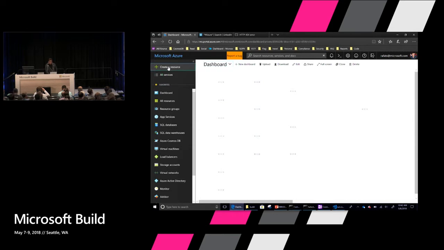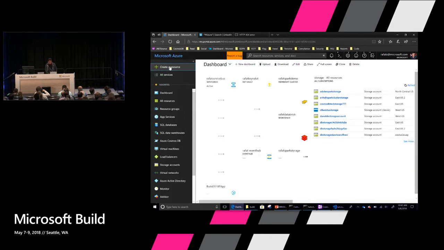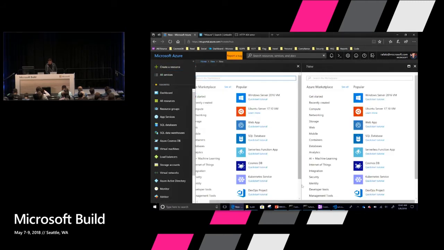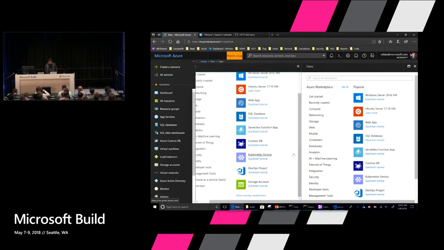Now, to create a function in the portal, you click on this create a resource. And that's why I tried to open it before, because it takes some time, and everybody waiting on this is not a good idea. So here we can start writing function, but before that we have to create